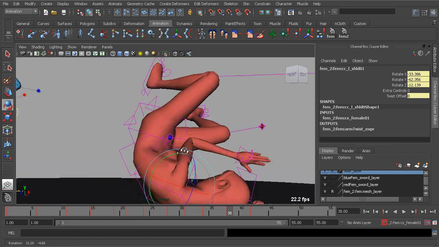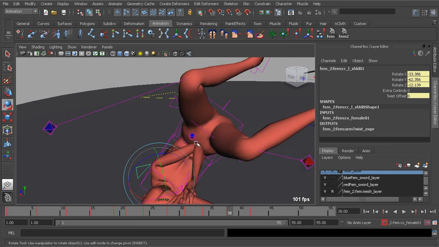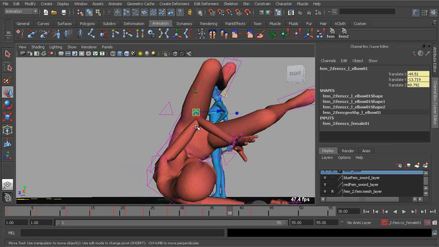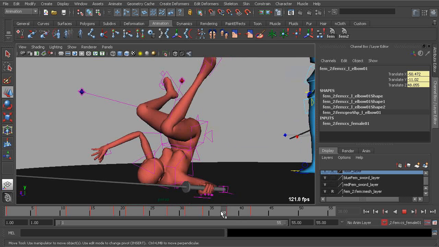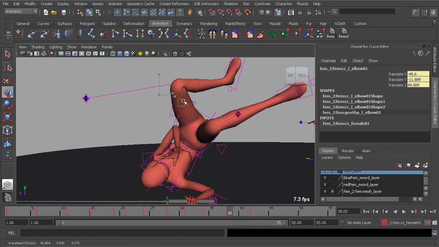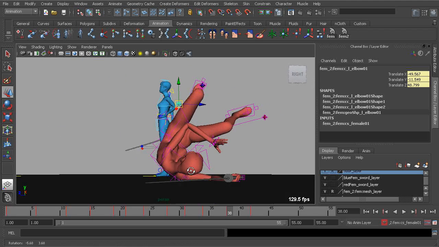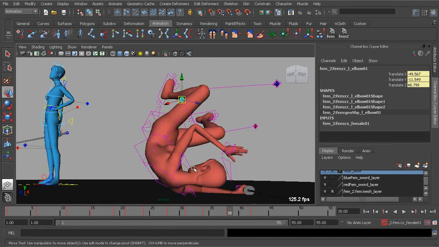Bring that over. I'll grab the elbow control, kind of bring that up. Over to fix the arms pose there. I think it's brought up a little bit too much, so I'll go ahead and just translate that down. And I think we can call that pretty good. I think lastly,